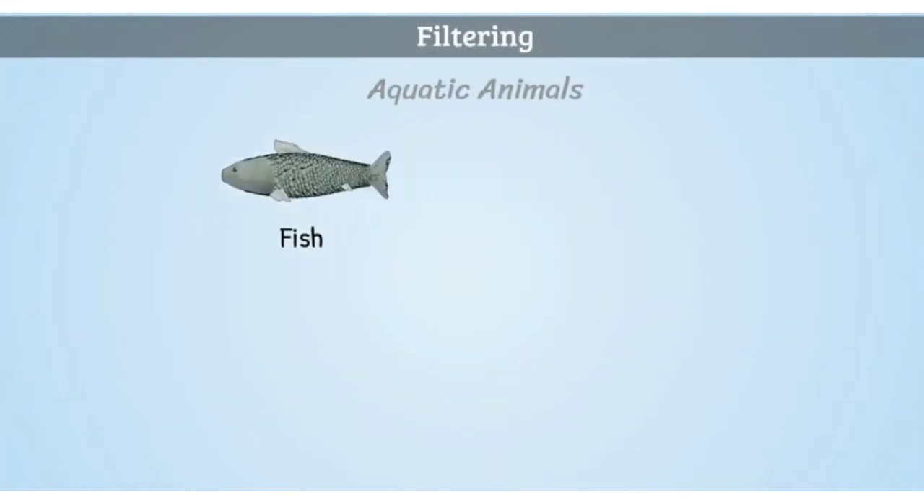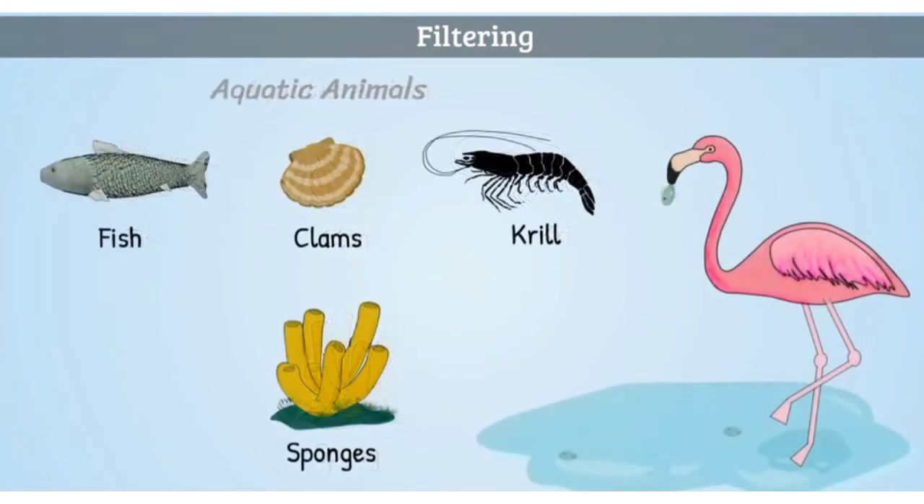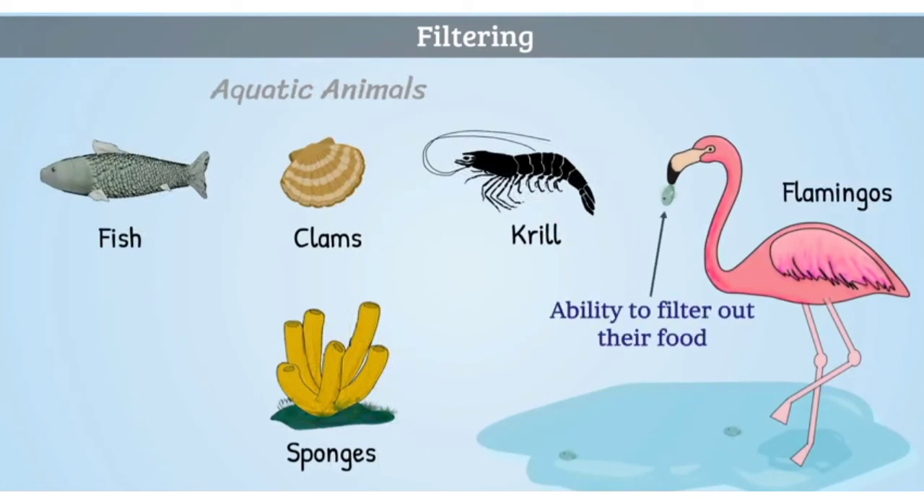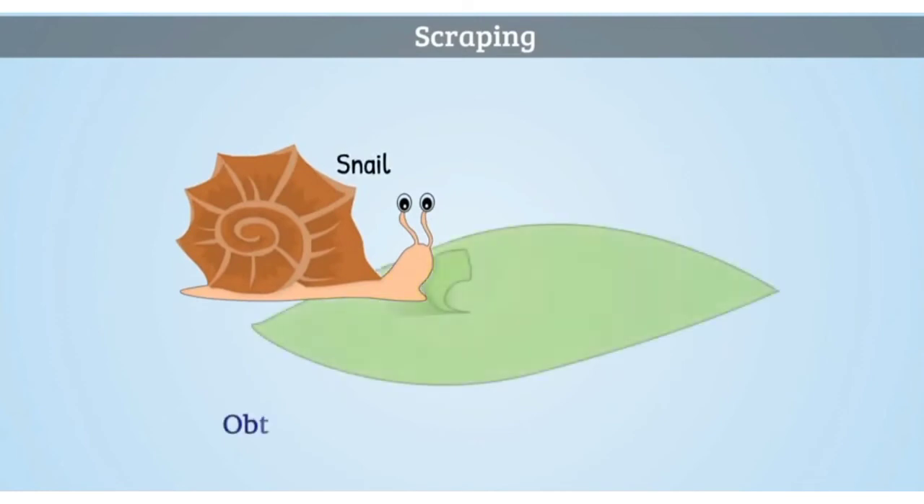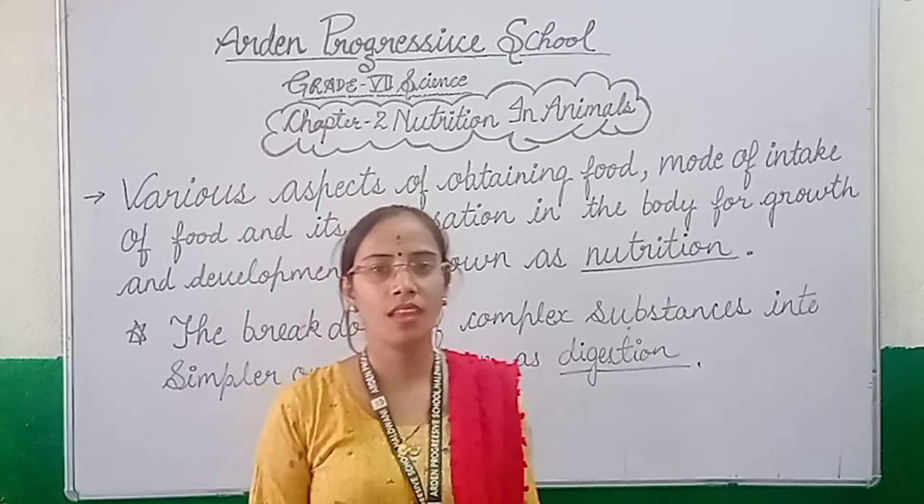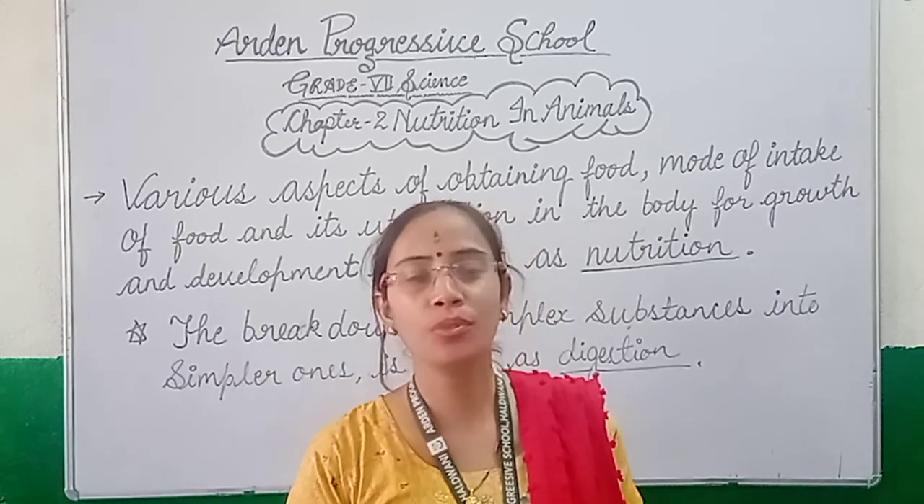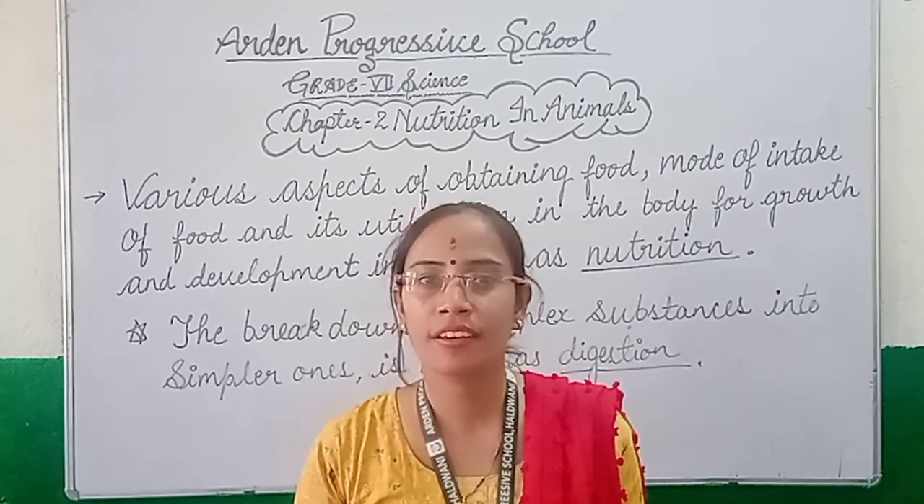Filtering. Some aquatic animals such as fish, clams, krill, sponges, and similarly some birds like flamingos have the ability to filter out their food which is present in water or other mixture. Scraping. Animals such as snail obtain food by pulling hard on a surface to obtain food attached on it. It is called scraping. So students, I hope through this video you understand how the various organisms take their food